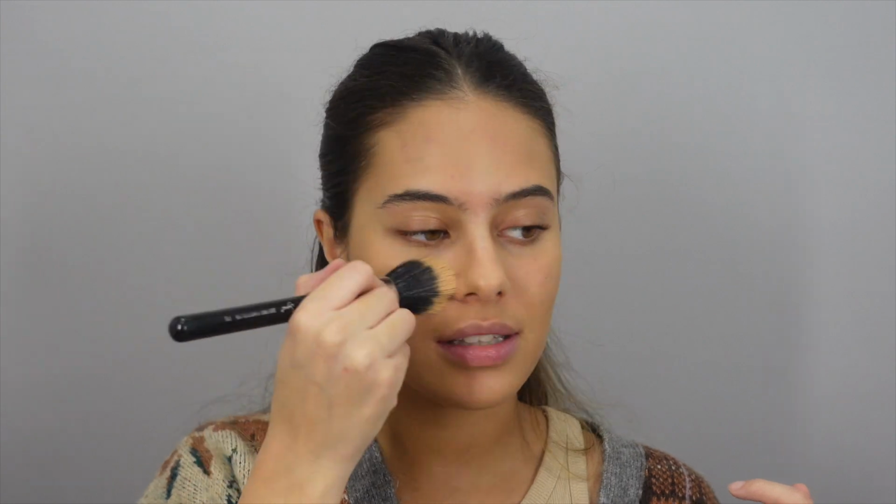I don't really want that. I wouldn't wear the foundation like that, so I'm just going to apply it how I would usually apply it and see what it looks like. So I think that's all the blending done, and to be honest, just looking in the mirror, I do like